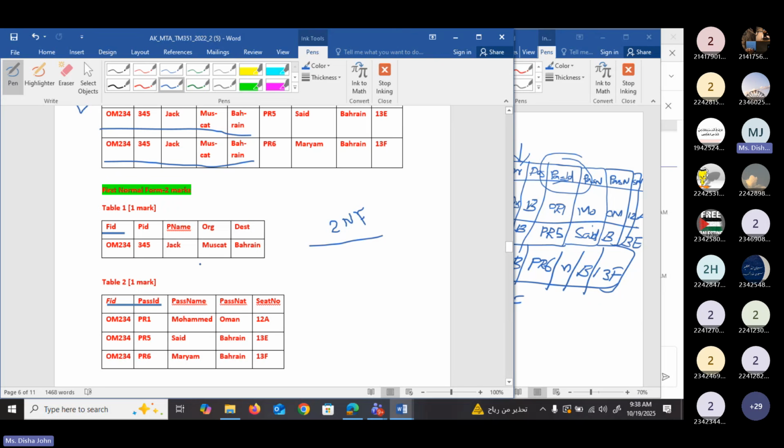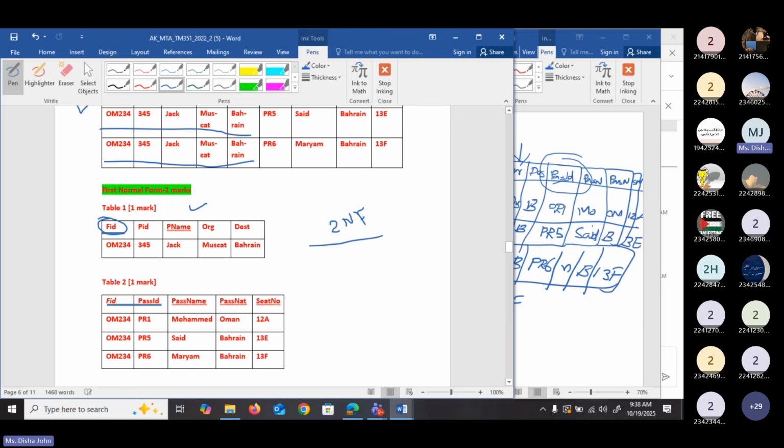So of course they are in 1NF, and if the primary key has only one column, then we can say that it is in 2NF. So look here. In table 1, the primary key has only one column. So no need to check for anything. You can say that table 1 is in 2NF.